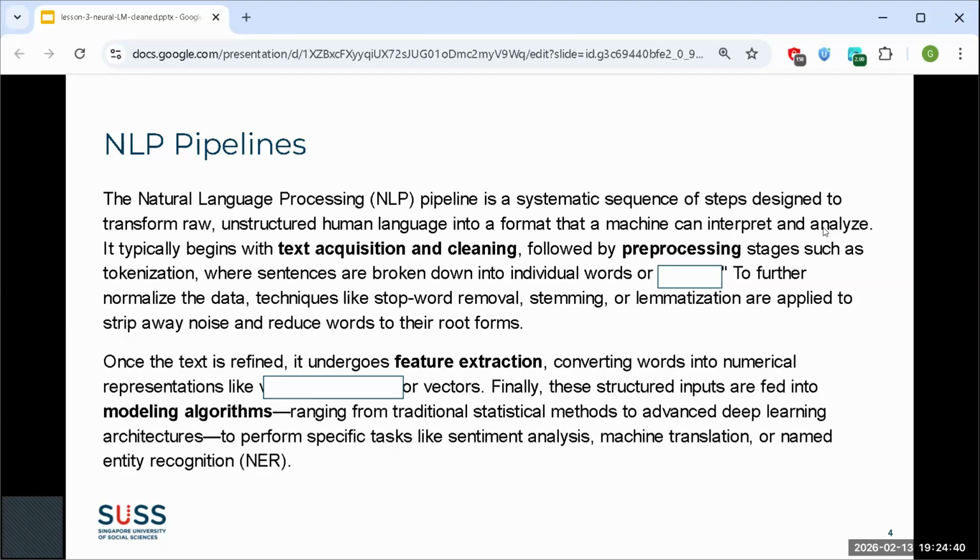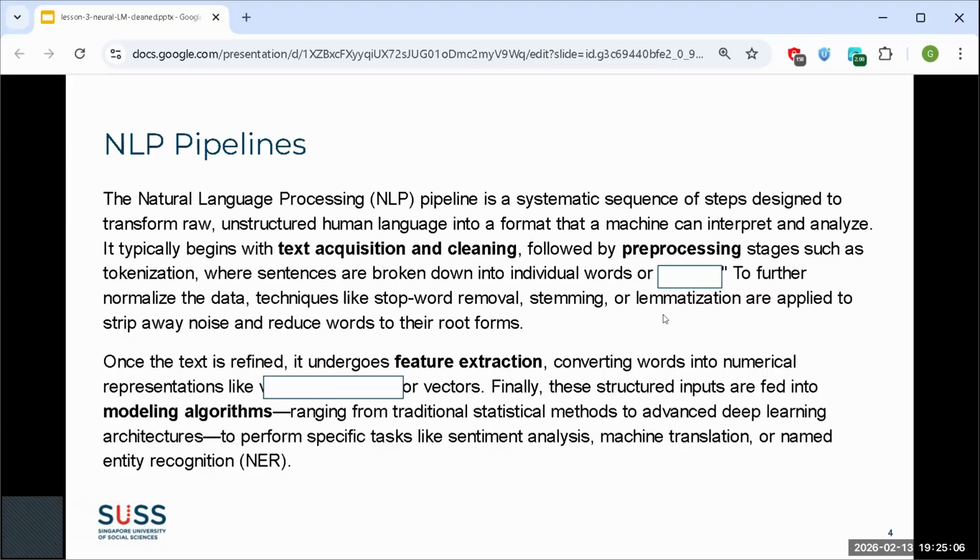interpret or analyze lah. So in its raw form, that's why you do embeddings, you do n-grams, because the sentence on its own, you need to nudge the computer or you need to use certain techniques to convert it into numbers, right? So that you can put into an AI model, and then the AI model will be able to do some prediction. Okay, so there's text acquisition, there's cleaning, there's pre-processing, such as tokenization, where sentences are broken down